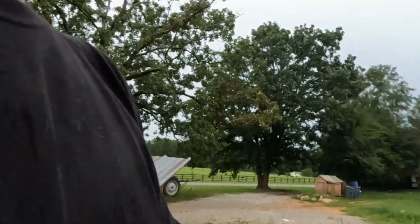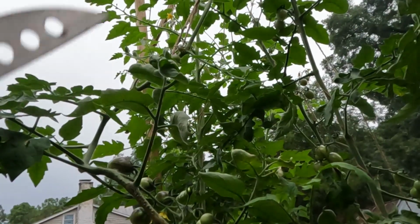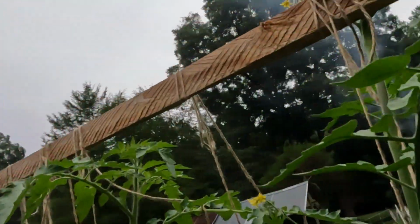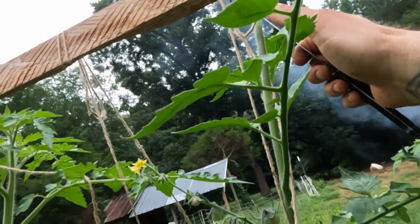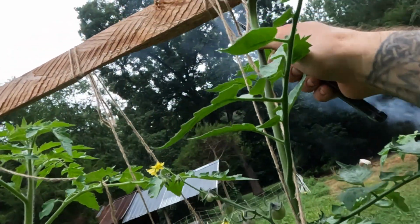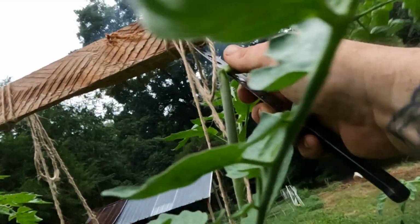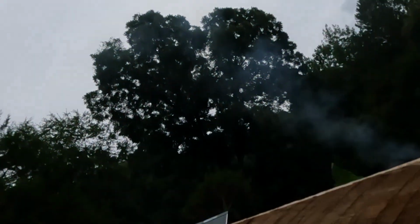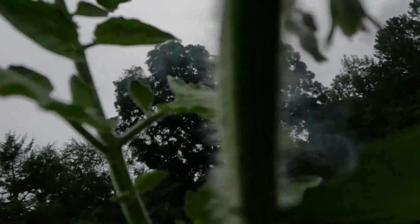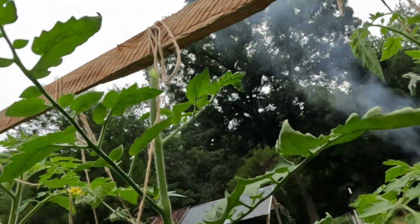So, let me get my knife here. And we'll start with this humongous thing right here. All right, so I'm gonna go up here. I don't want those tomatoes up there. I need to sharpen my knife. And that's it, we cut the top out. Now the suckers should slow down,